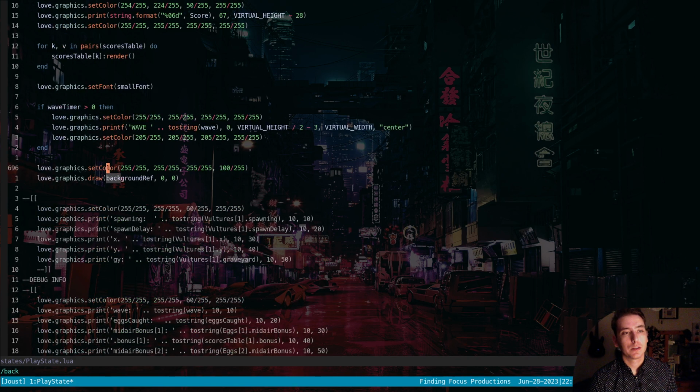Background reference. Here. So this value that is 100 needs to kind of oscillate between 255 and 100. Kind of go back and forth so that we can see our reference kind of faded in and out so that we can place the platforms at least. So let's say that this is actually background